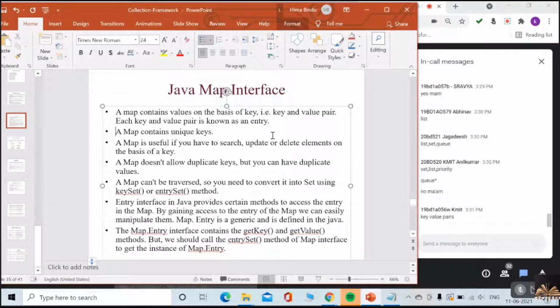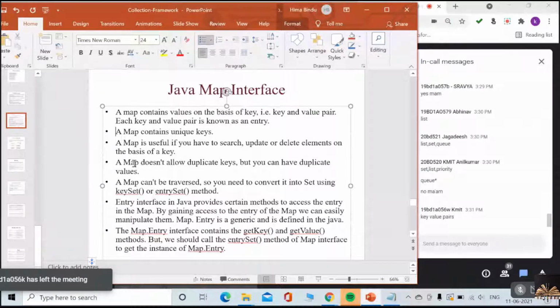Next, map is useful if you want to search, update, or delete based on any key; then it is a very suitable data structure. Based on the key, if you want to search or update, which data structure do you need to prefer? The map data structure.